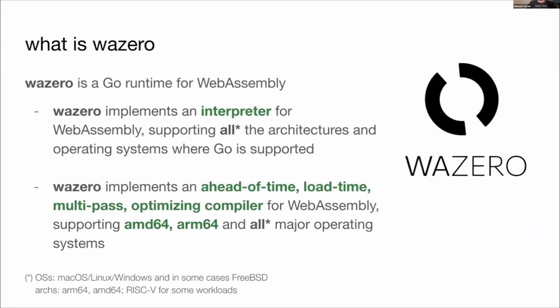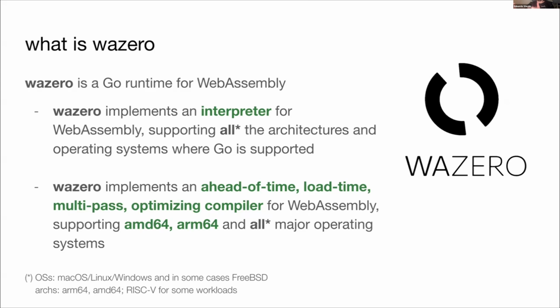So wazero is a Go runtime for Wasm. It implements an interpreter, and obviously the interpreter runs everywhere the Go compiler is able to compile code and target that platform. And wazero also, however, implements a sort of just-in-time compiler, and I want to be super precise here, an ahead-of-time, load time compiler for Wasm. And it's kind of unique, I would say, as a Go library, because it generates this code on the fly